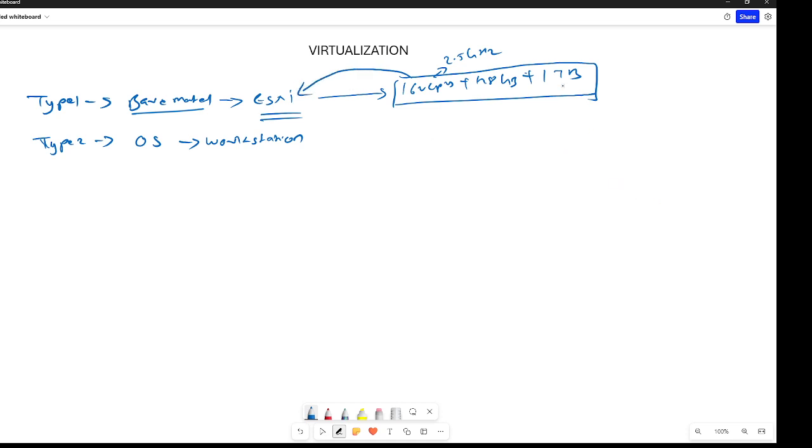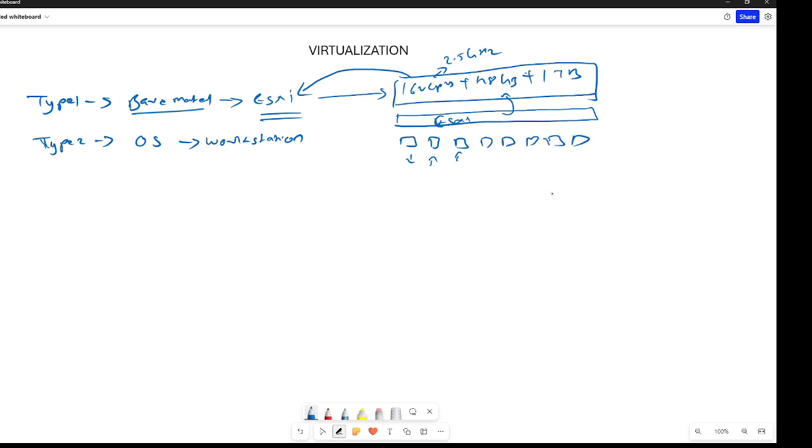So you have your server, and on top of that server you install the VMware software, that is ESXi. ESXi has all the access and complete control of the resources. Now it's up to you how many virtual machines you want to install and what resources you want to allocate to these virtual machines. It's up to you.